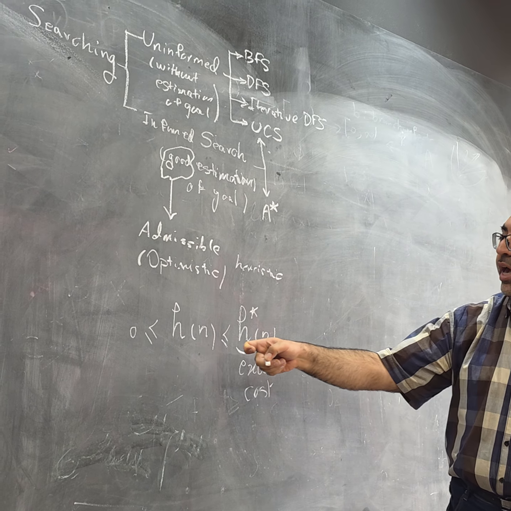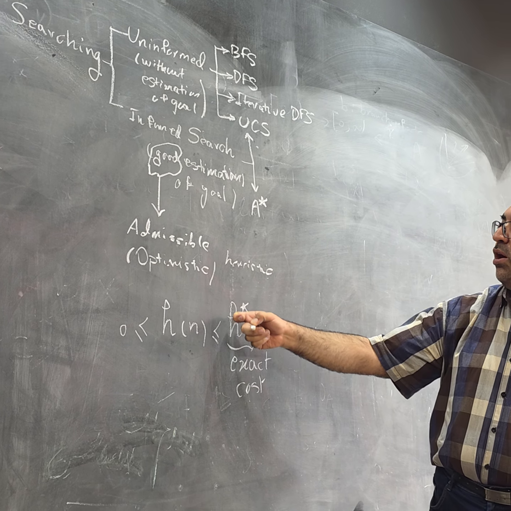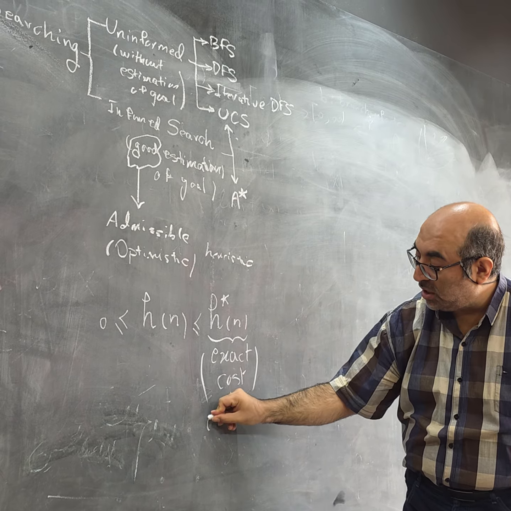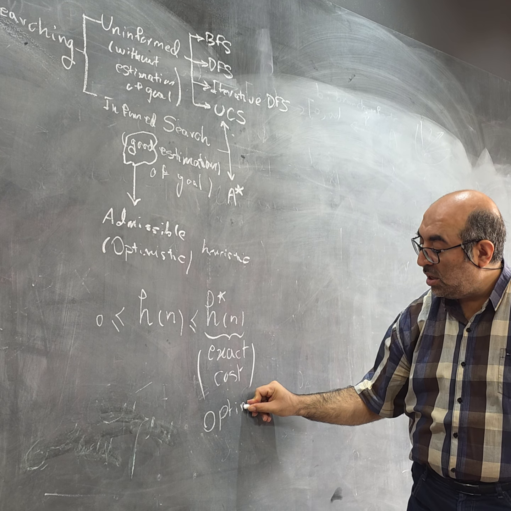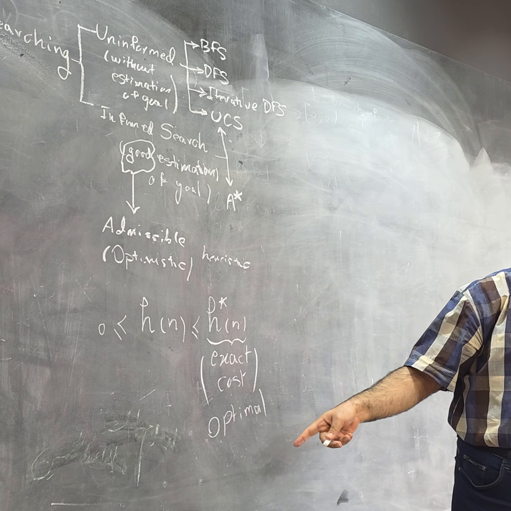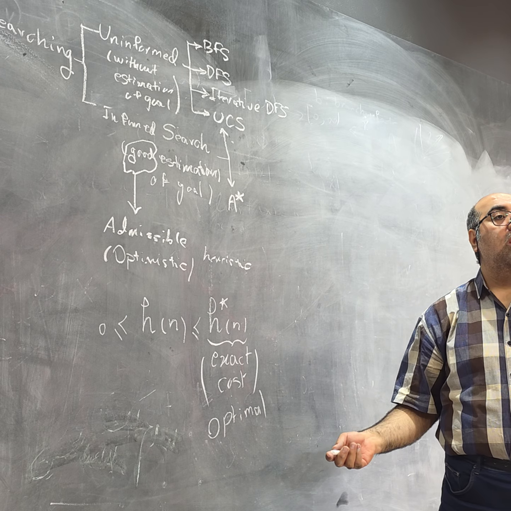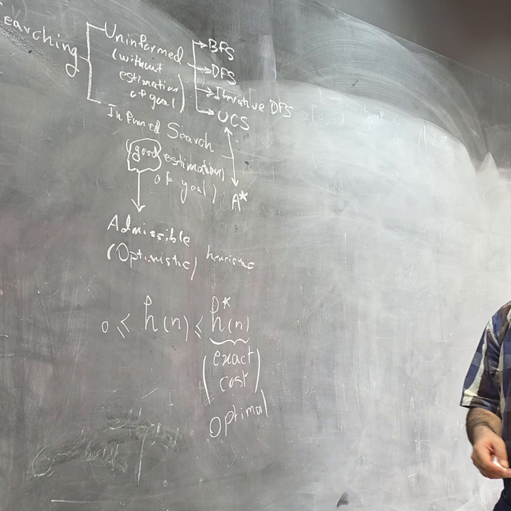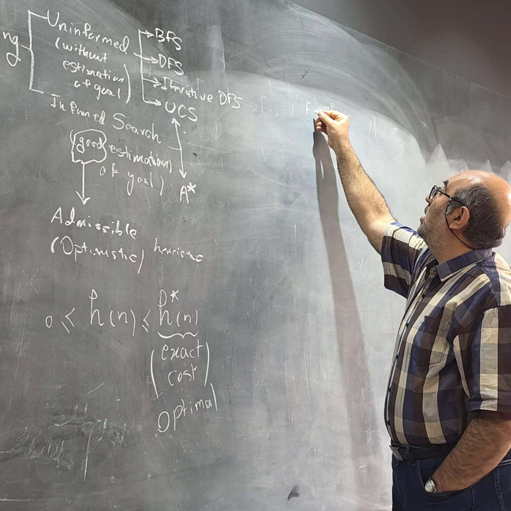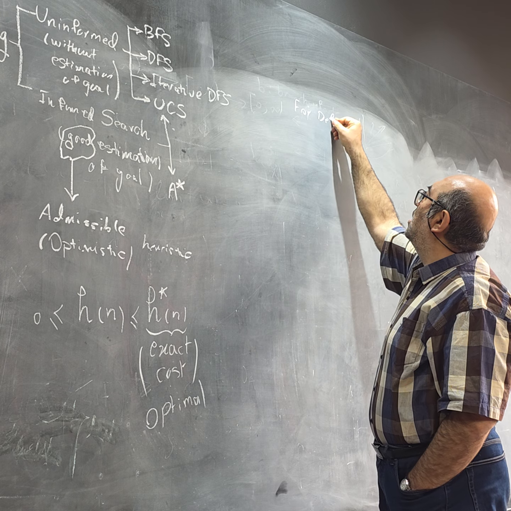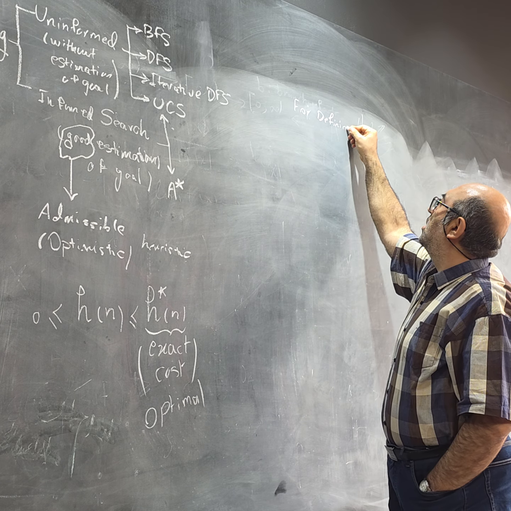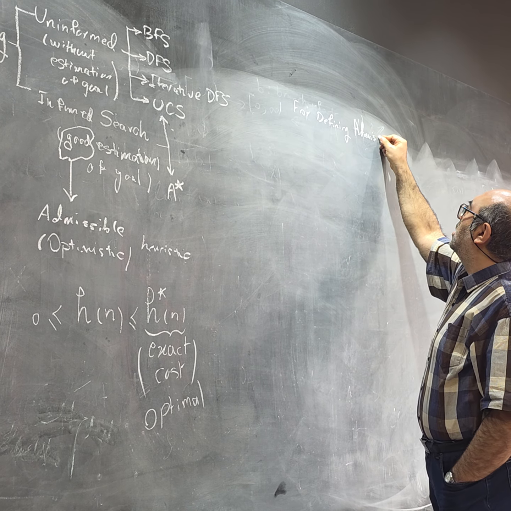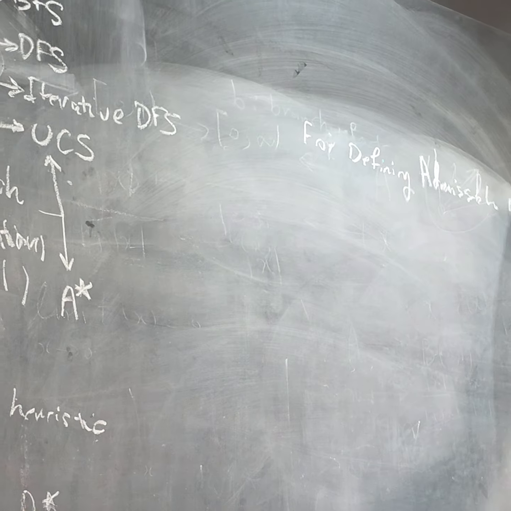But for finding h, we need the value of h star. h star is the exact cost or optimal cost. But we do not have any information about the optimal. If you have access to the optimal solution, the problem terminates. Because of that, for defining an admissible heuristic,